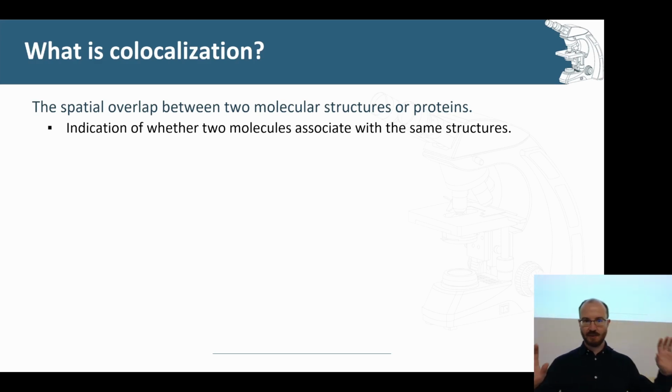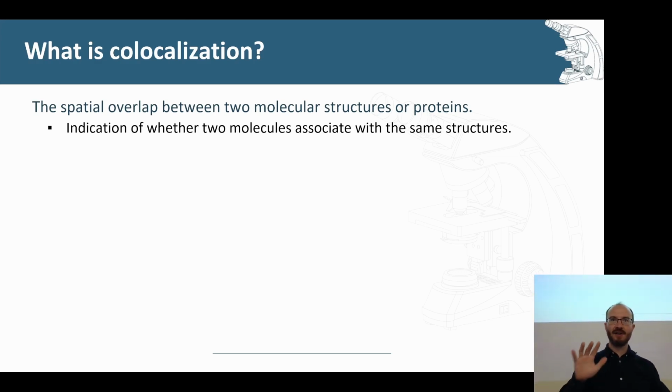So what do we have? We've got all of these different molecular structures within our cells. They are usually tagged individually with different fluorescent probes, and these fluorescent probes hopefully bind only to the structure of interest. So if we see these fluorescent probes occupying the same space spatially, like they're in the same XYZ coordinate space, then it should indicate that the two molecular structures sitting behind those markers are interacting with each other in some interesting or sensible way. So the point of colocalization is to ask whether two distinct molecular structures are interacting with each other,